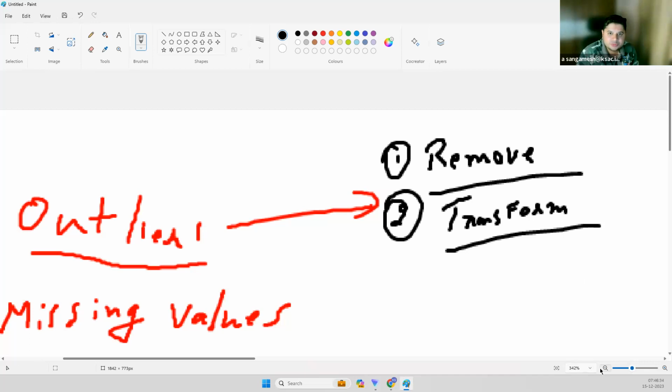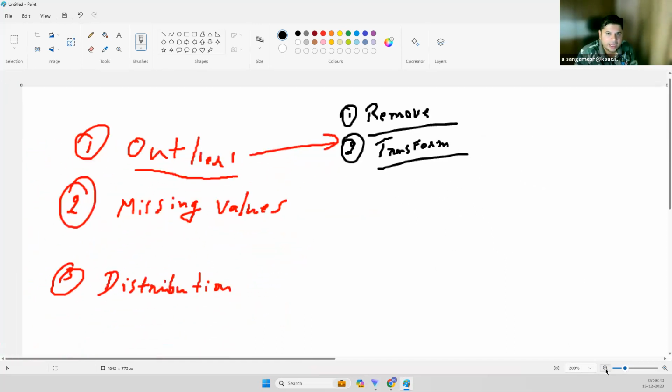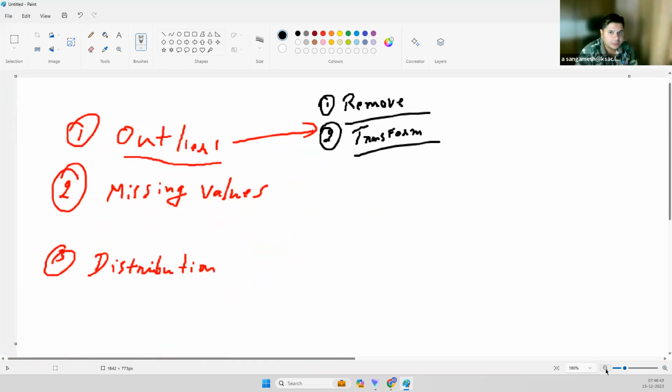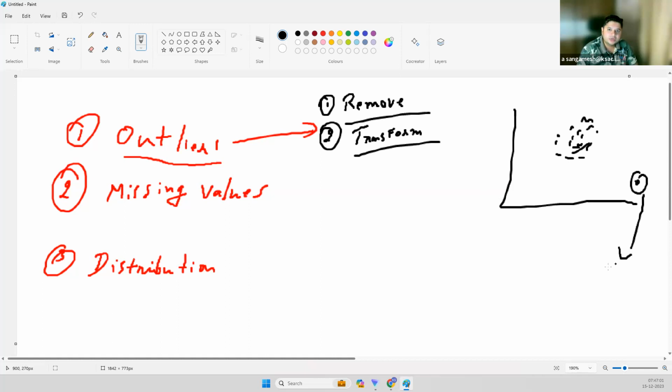So let me speak about these two things, removing and transforming. Removing means filtering it out. I know every single person knows what is meant by filtering it out. Let's assume you have a visualization like this, where all the points are concentrated in this particular area. You have an outlier here. So you are going to filter it out. That is one of the approaches that people tend to take. Number two